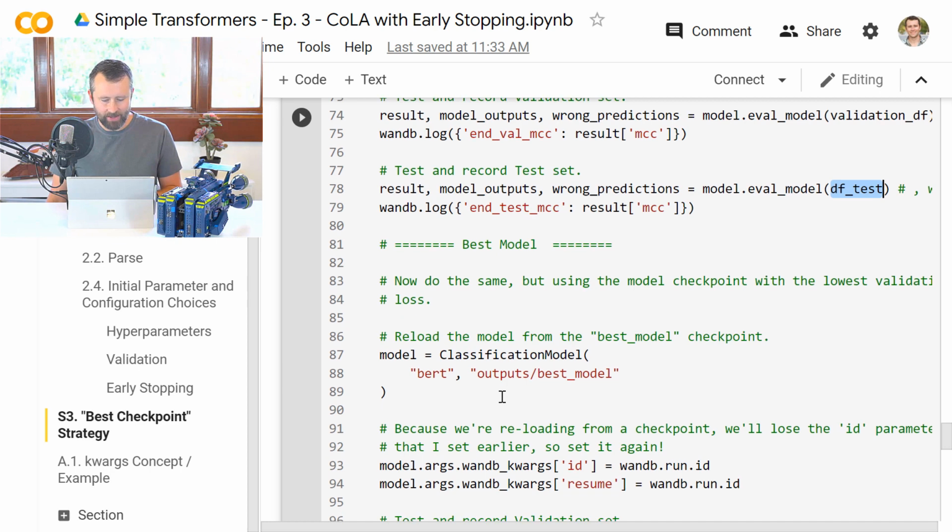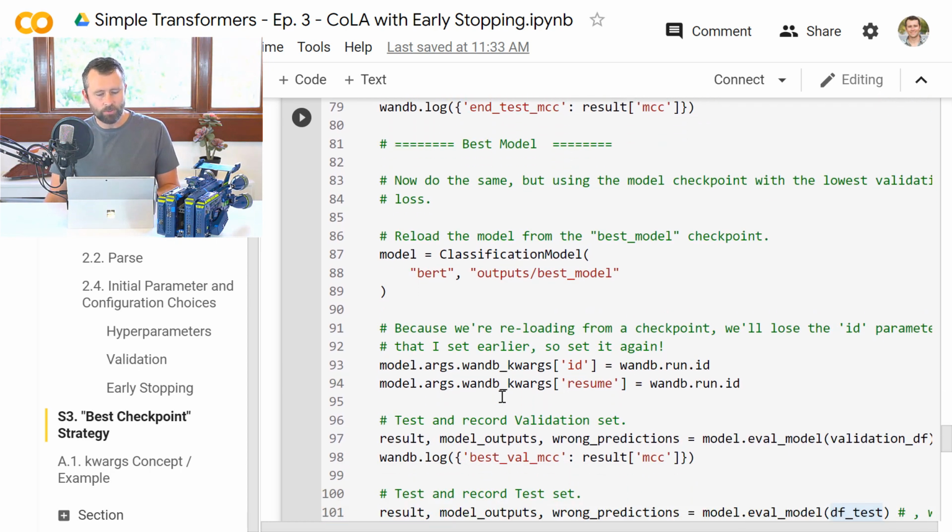And then I want to compare those to the best model, where we take the model with the best validation score. Simple Transformers handles that for us during training. It keeps track of the best validation score, and that model gets saved as a checkpoint. There's a folder outputs/best_model, and that contains our best model checkpoint. So we can load that